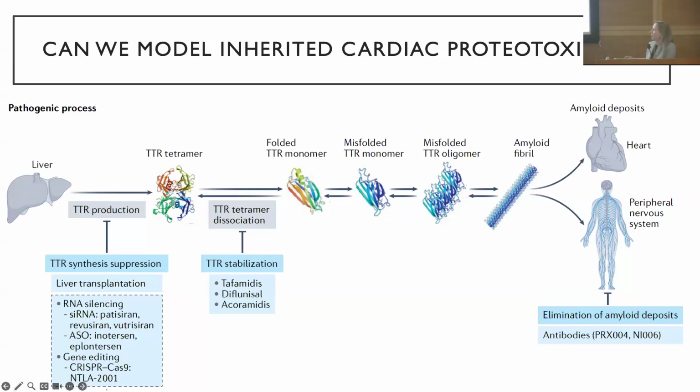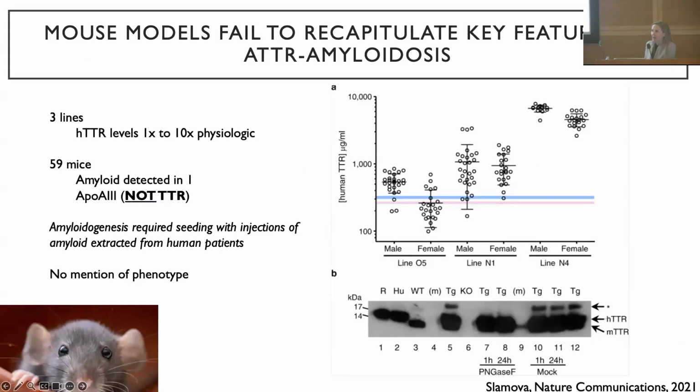So we have RNA interference agents aimed at knocking down TTR expression. We have drugs that can stabilize the TTR tetramer, preventing it from breaking apart. There are some amyloid antibodies that are currently being investigated, not available clinically, but the goal is to actually mop up the existing amyloid deposits, though we're not actually sure if that's important, and we can talk about that if anybody has questions. Also, there's an ongoing clinical trial for gene editing of transthyretin to delete it out of the genome using CRISPR. So lots going on in this field, lots of interesting stuff. That being said, there are still some unanswered questions.